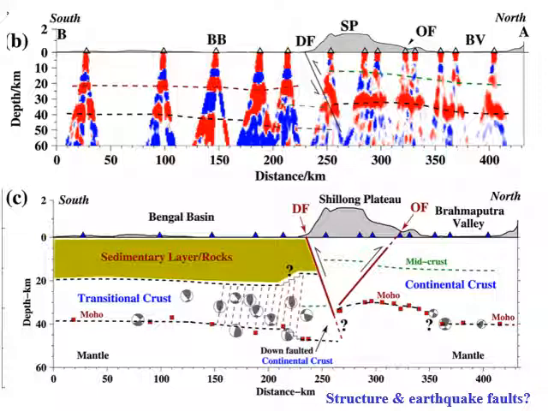Across the Dauki fault to the south, you can see that the Shillong Plateau crust is down faulted and is continental crust immediately south of the Shillong Plateau in the northern Bengal basin, and then progressively thins to a transitional crust with a shear wave velocity of 4 kilometers per second. And this transitional crust is overlain by the thickest pile of sediments, which is about 20 kilometers thick in the